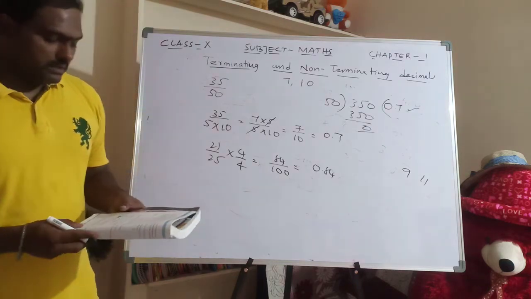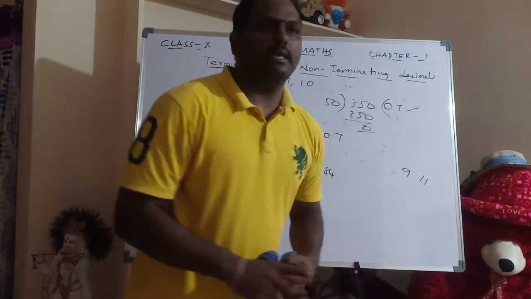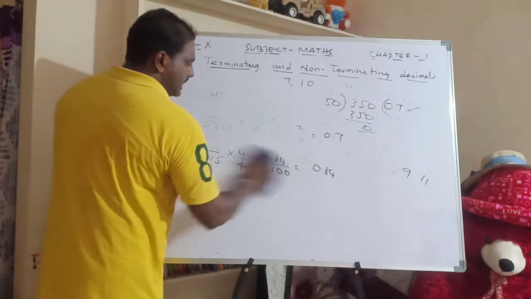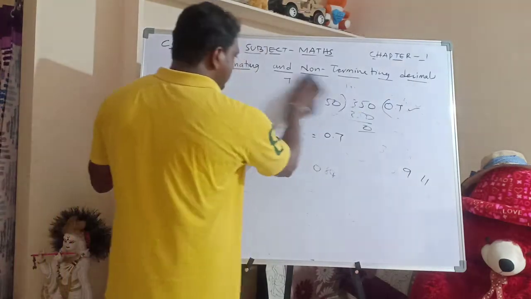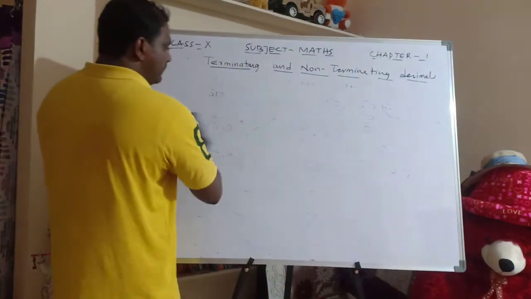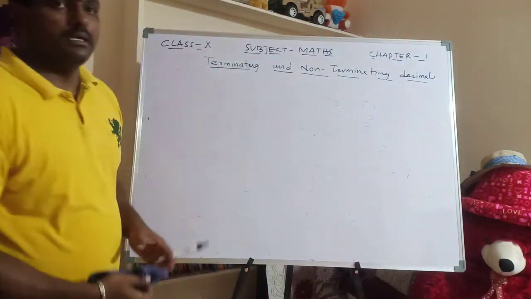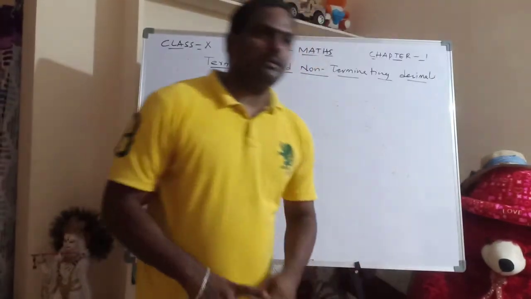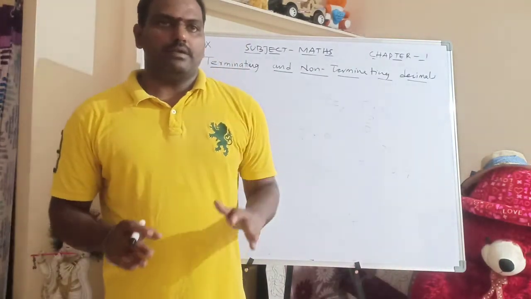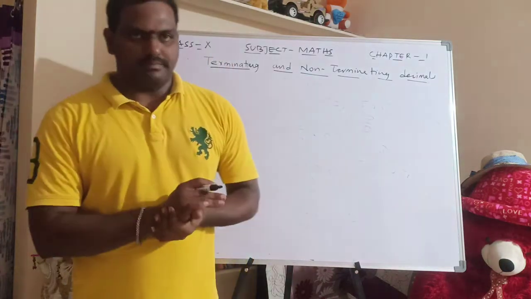Okay, so that's all. These are some examples. Now based on today's concept, what you have to understand is, here we have discussed a total of 3 theorems. Theorem number 1 says, if a rational number is a terminating one, its denominator can be written in the form of 2 power n into 5 power n. The next theorem says the reverse: if the denominator is in the form of 2 power n into 5 power n, then it terminates. And the third theorem says that if the denominator is not in the form of 2 power n, 5 power n, it is a non-terminating decimal. Right?